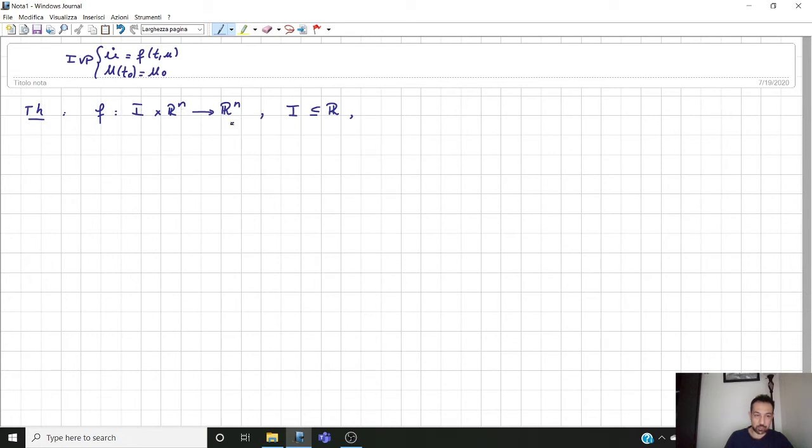So a function from I cross R^n to R^n, where I is an interval of R, so it's a subset of R, and this point t0 we want to be in the interior of I, so let's say I with this superscript 0, which means the interior of I. And if f is Lipschitz continuous in u uniformly in t, in this interval I cross R^n,